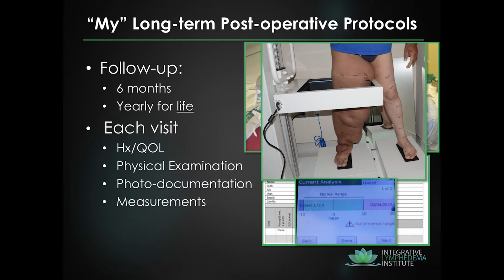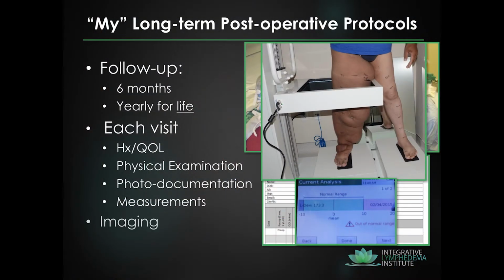Also, in another comments, perimetry is one option. The water displacement's another option. Bioimpedance, I'm not going to touch on that today. And imaging. So now I'm going to get to the imaging. What do we do? So a lot of it has to do with what do we do preoperatively. So a lot of guys, Dr. Nelligan went a lot through imaging, but what is the role of imaging?